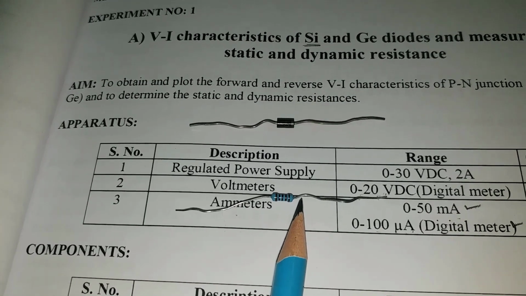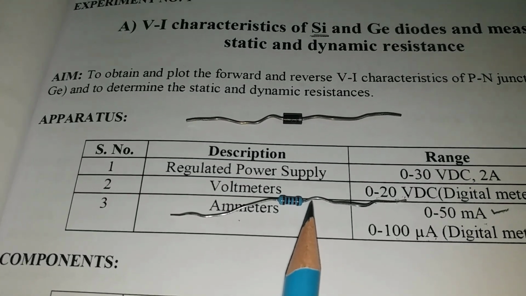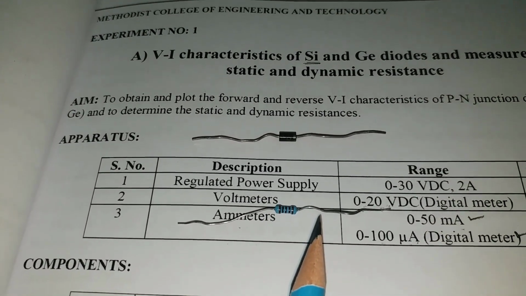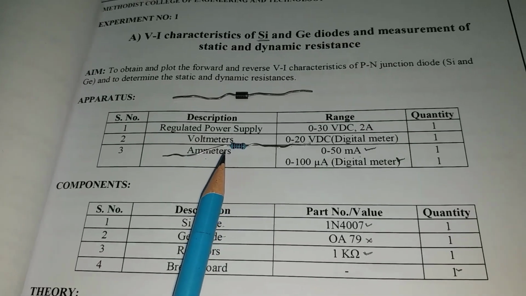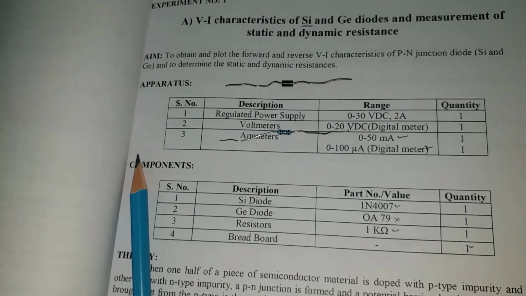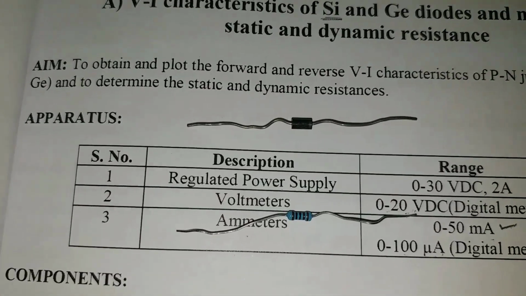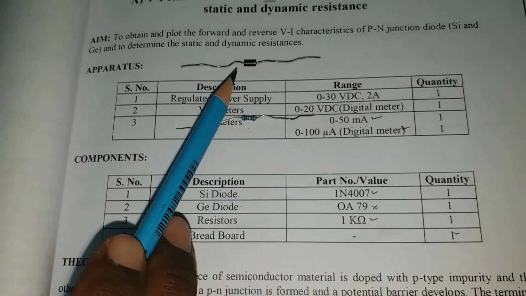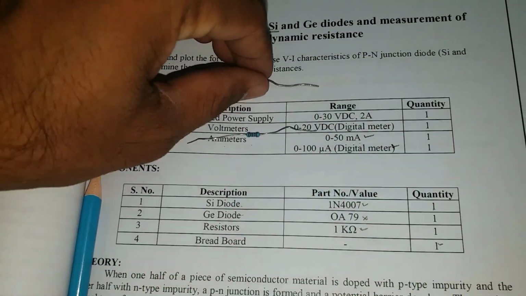Okay, so let us start the experiment. I will explain step by step how to perform the experiment using these components. Concentrate on this, as it is the same procedure for all the experiments. Before we start, first you need to take the components required. We have the diode and resistor. You need to place these two components on the breadboard, so I am going to place them on the breadboard.